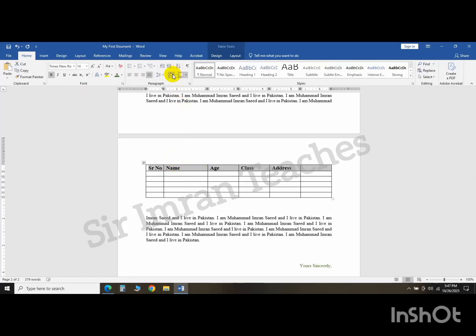And over here in the paragraph option we have this shading option, right? So I just drop it down and I can apply any shade onto it. Okay, see this one. So in this way, this is my table. I have formatted its heading. Here I can write down 1